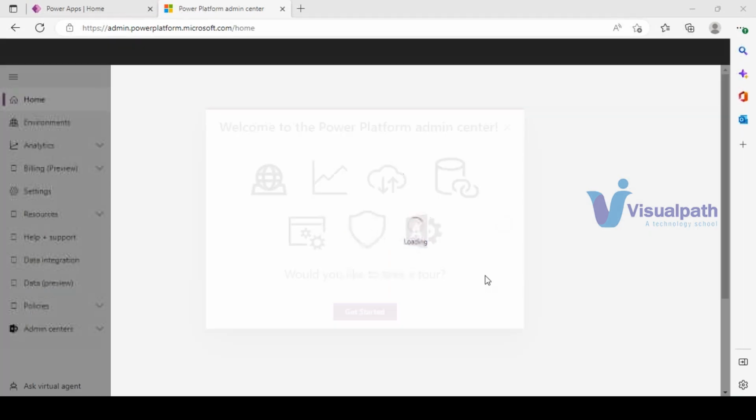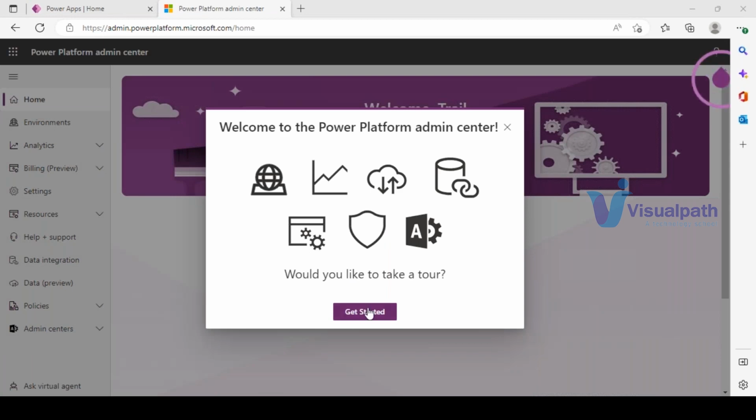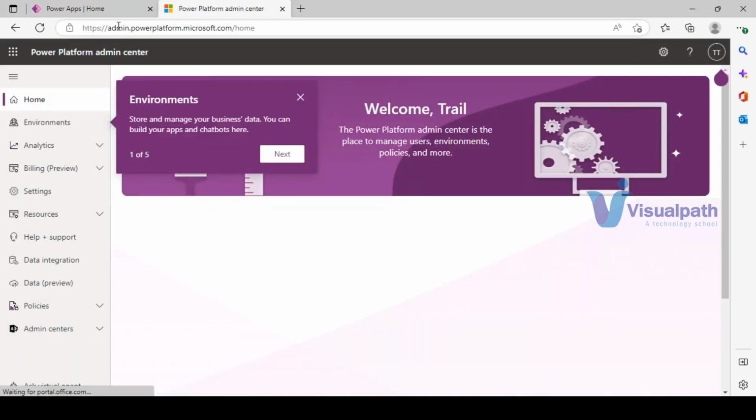It will take some time to load. Okay, this is the first time, right? So obviously it will take more. Still it is loading. Now you see, this will be redirected to initial